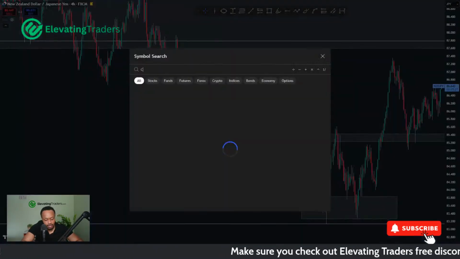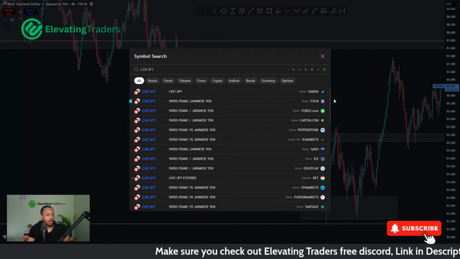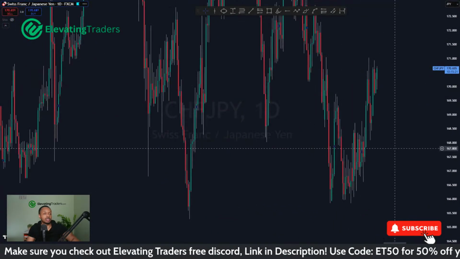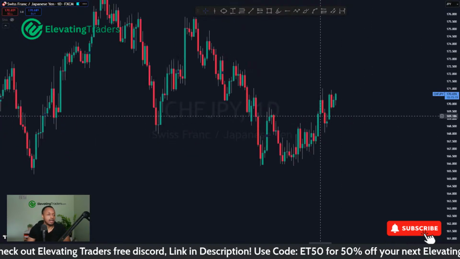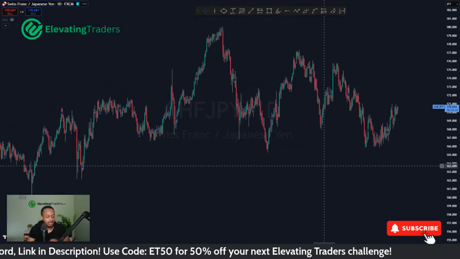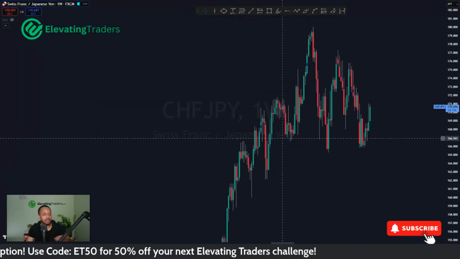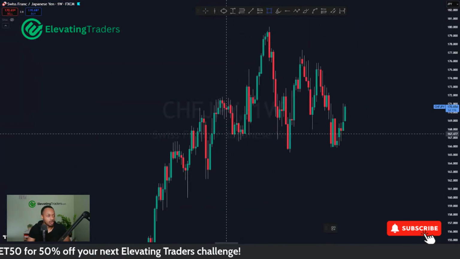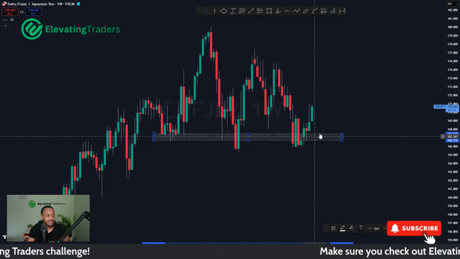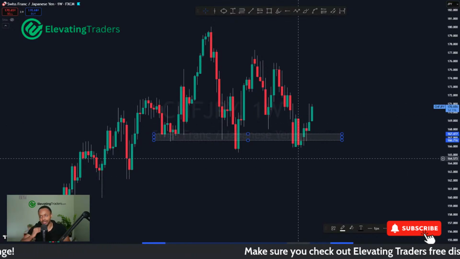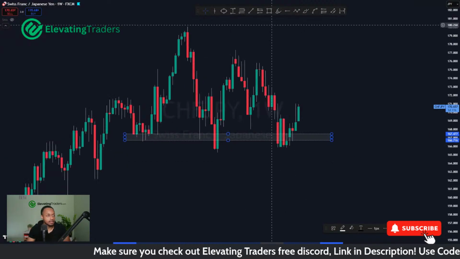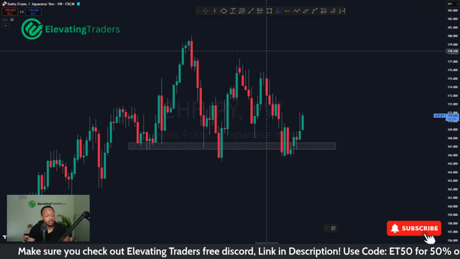And if I take a look at CHF JPY as well, looking pretty bullish this morning. Again, this one I do feel like we're going to break to the upside, but I'm still very, very keen on sells for CHF JPY. We've just got solid support here, which looks like price is reacting from. So again, not trying to sell a little bit too early. I want price to push away from resistance, go find some more sellers. And that's the territory I want to be looking to sell in.